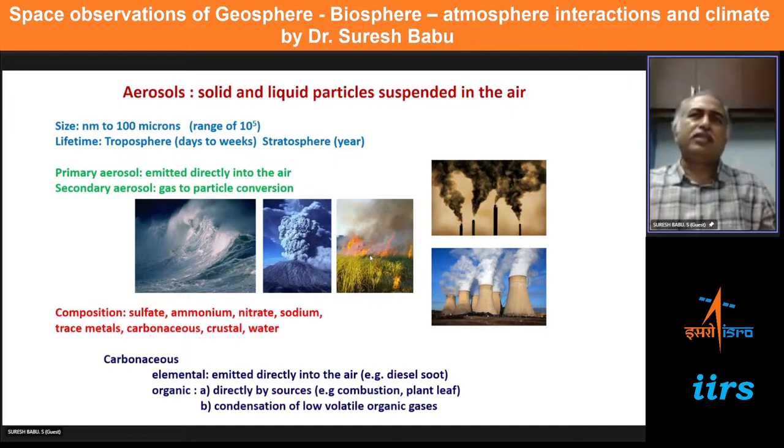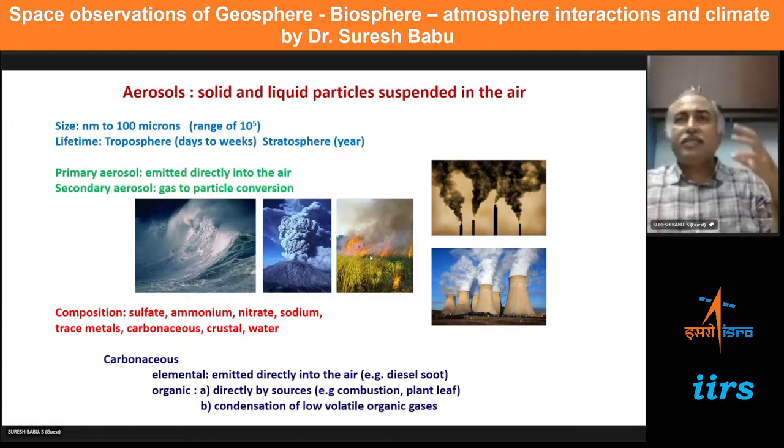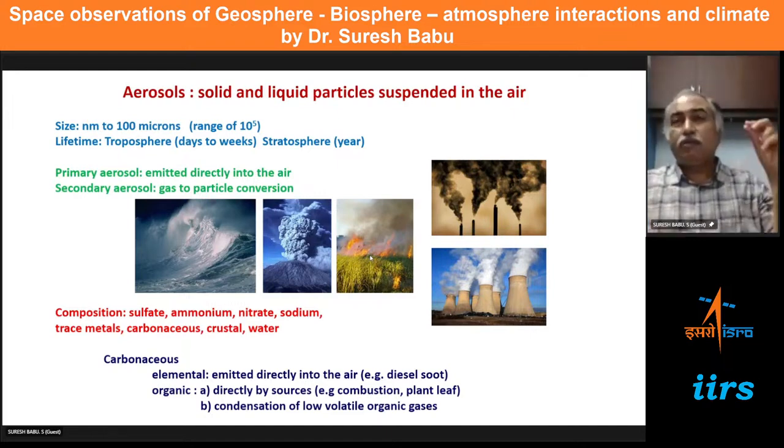These particles in the atmosphere interact with the solar radiation, which I talked to you about in the beginning, because we receive short-wave solar radiation from the sun, and this radiation is one of the main energy sources for driving the atmosphere as well as the climate system. But the aerosols present in the atmosphere can reduce the amount of radiation reaching